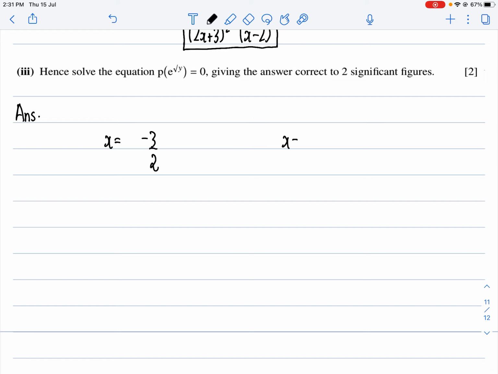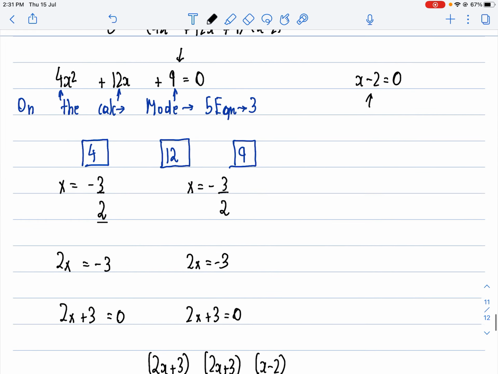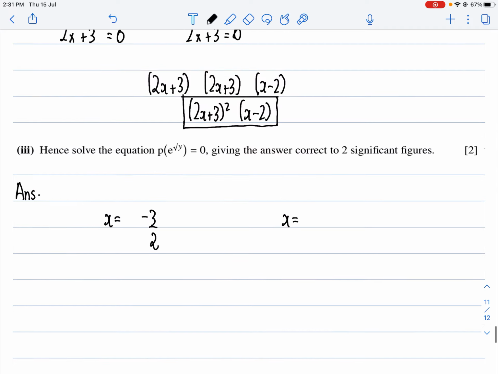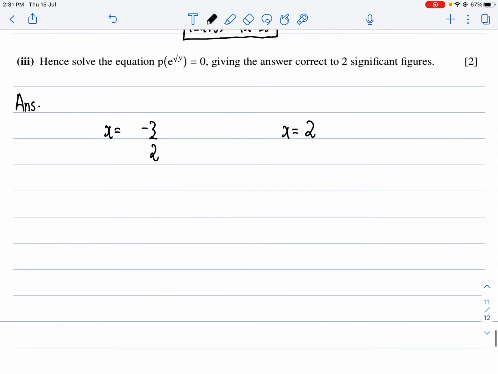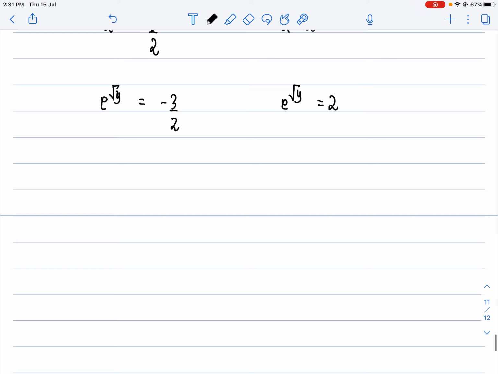Okay, and I know that x is equal to, if I take 2 to the other side, I get plus 2. Now I know because it's replaced, I basically get e raised to root y, which is equal to minus 3 over 2. And I get e raised to root y, which is equal to 2. Correct? So now, what I simply do is, I ln both sides. So I can write this as ln e raised to root y equals ln